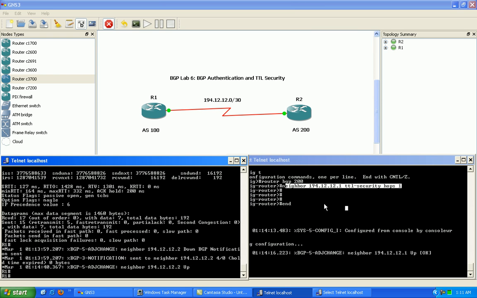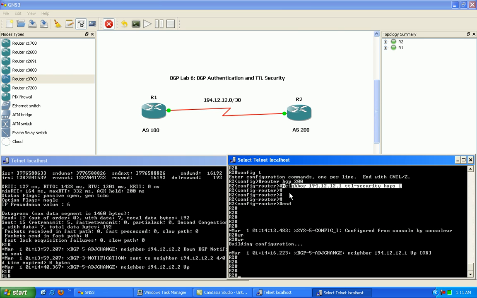And we did this by going under the neighbor, under BGP on the router, and putting in the external BGP neighbor IP address, and then we followed that up with the TTL security hops command, and then we specified the maximum amount of hops away that the neighbor can be. So in this case we have a hop count of 1 between router 1 and 2, so